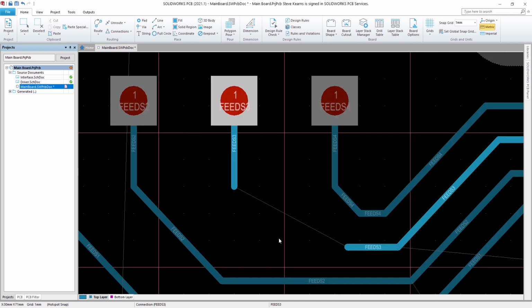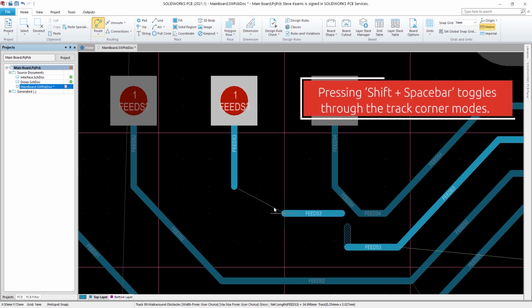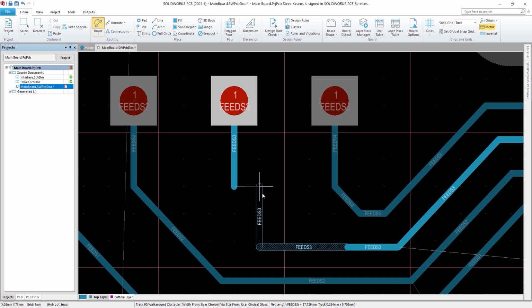Here we review some of the routing options for corners. And see the function of autocomplete.